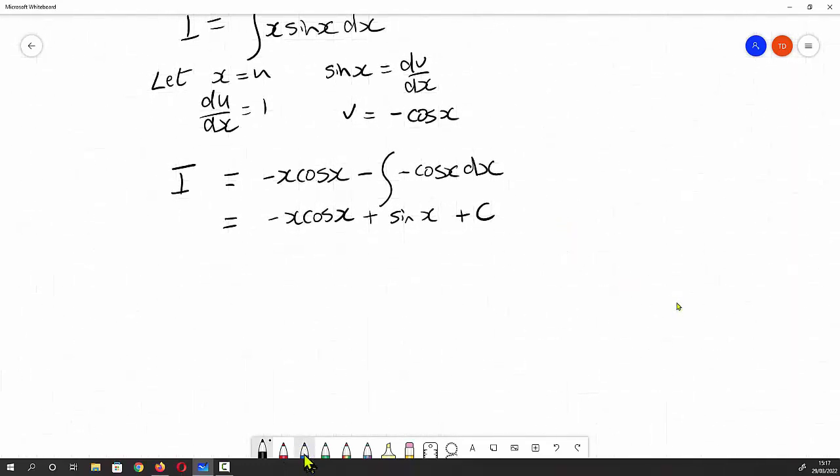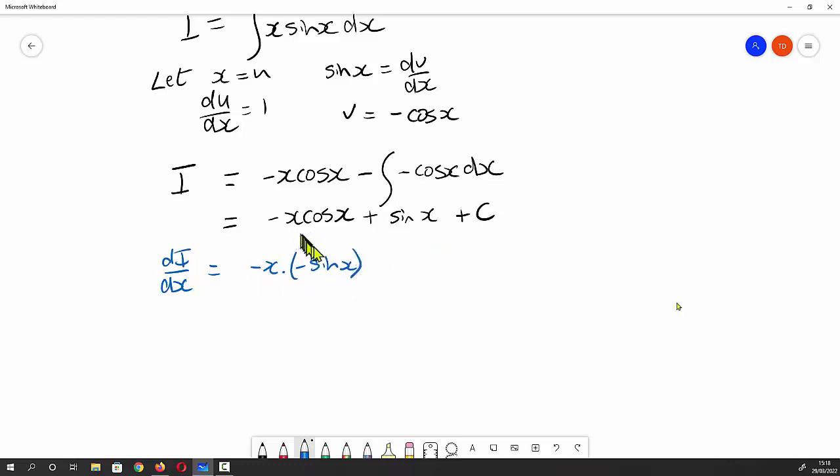As usual, we'll do a sanity check by differentiating this. So we're going to say dI/dx is equal to differentiate this part. This is a product, so we're going to use the product rule. So we're going to get u, which is going to be minus x, times, then we're going to differentiate cosine, so we're going to get minus sin x,